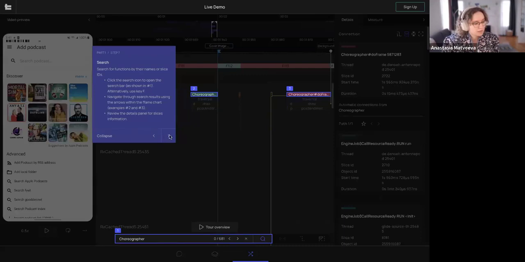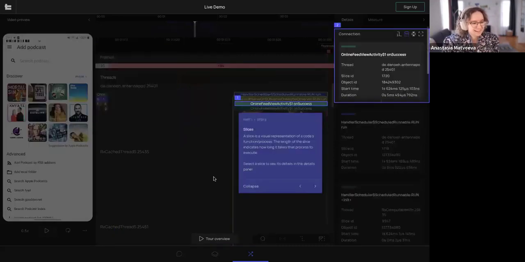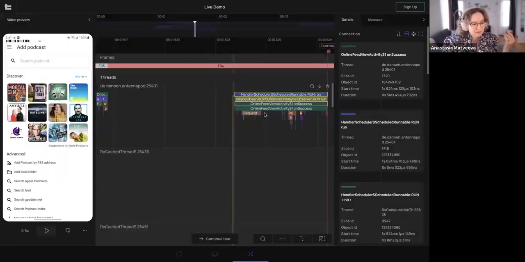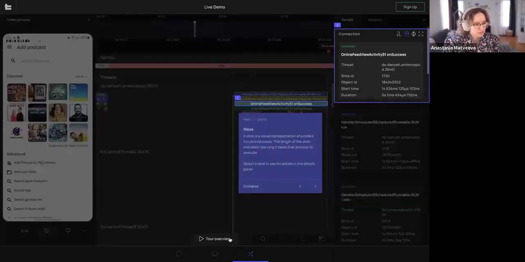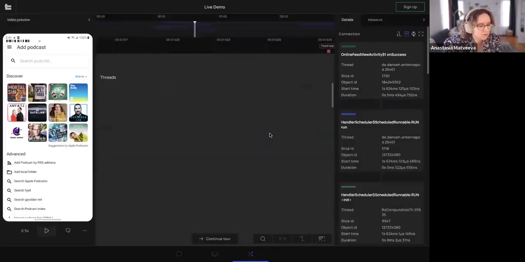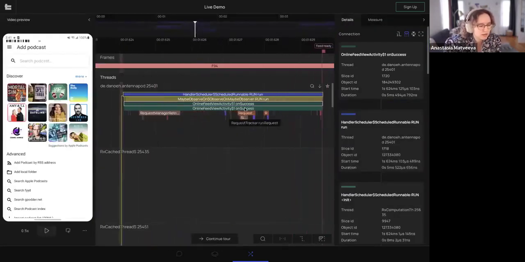Okay. And with that, we can get to the critical path that I promised to talk about. Now, if you click on any of the methods, right here, as you see on step 8 of the demo, or if you just zoom into this area, you can click on a method. The one selected here is an onSuccess method from online feed view activity class. I won't be going over each of the methods we cover in details, but when you're working with the app, it's actually